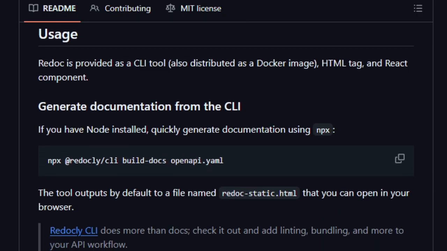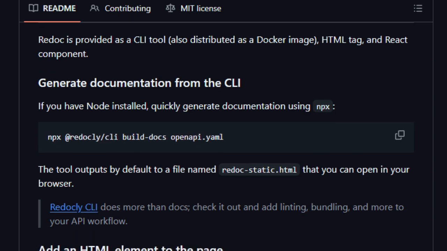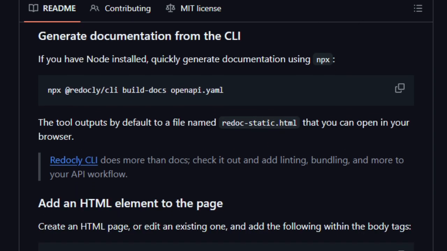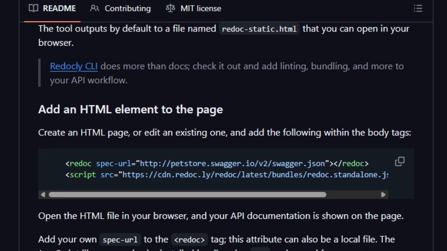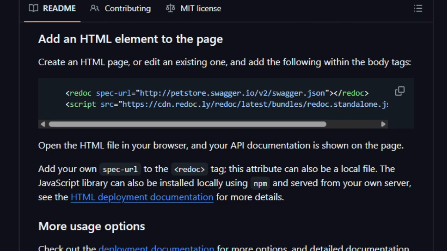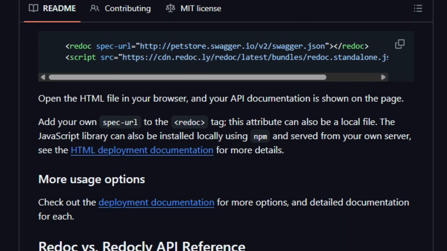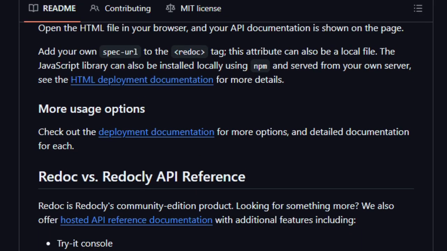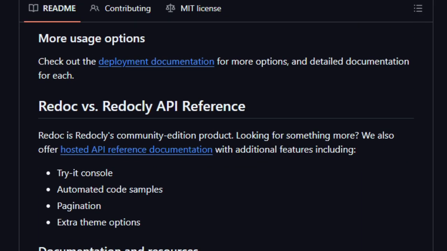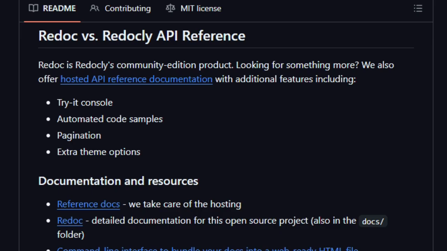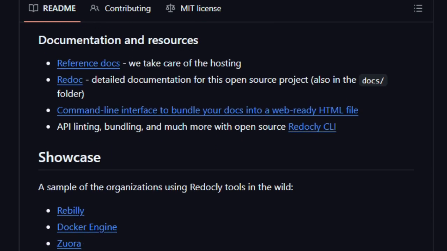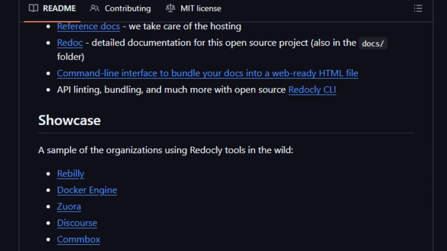Users also get interactive features, try-it consoles to test API calls, mock server support for simulating endpoints, automatically generated code samples for multiple languages, and improved UX for large specs. On top of that, Redoc makes theme customization practical, with options for font styles, color themes, branding, and flexible configuration for how the docs show up, so docs don't just work well, they also look great and fit with the